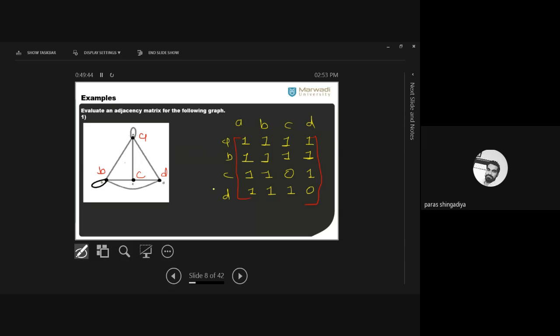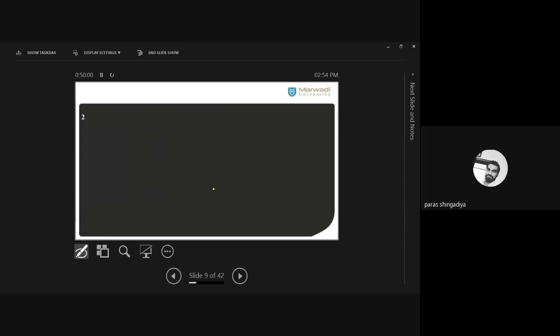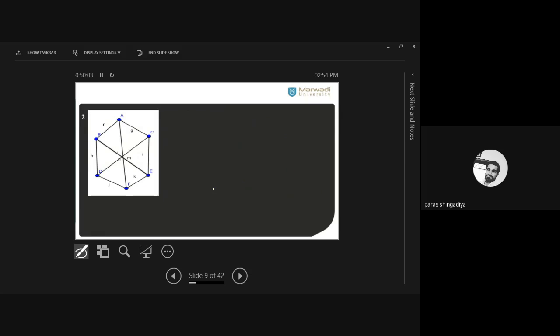Okay. Is it clear? The answer of this one? Any confusion? Okay. Now try for the second one. All of you tried? Okay, it's very easy, not difficult. This type of question asks for 2 to 4 marks in the exam. Write a definition of adjacency matrix and derive the adjacency matrix for K5.